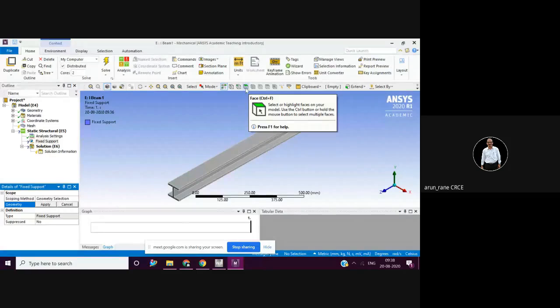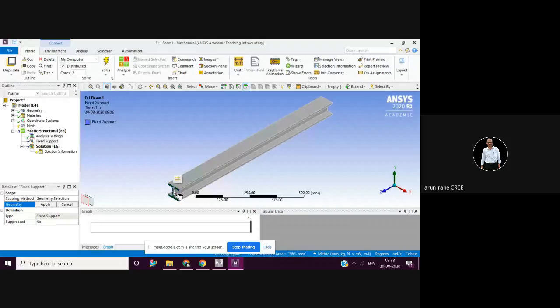Now I want to fix the support on a face, so I selected face. See now you can see the change in that cube. The entire top face is there. I click at this. See, there is some change. If it is selected, then the color will also change. You can notice it has changed to green. That means the selection has happened. You should carefully observe this. So I'll select this.